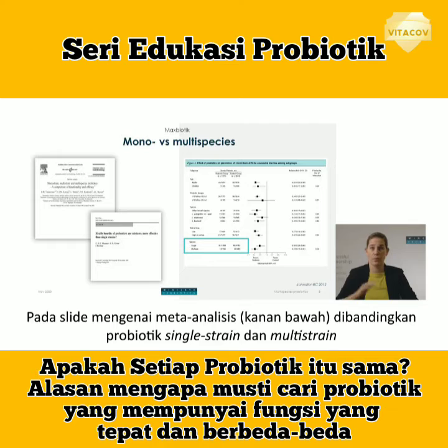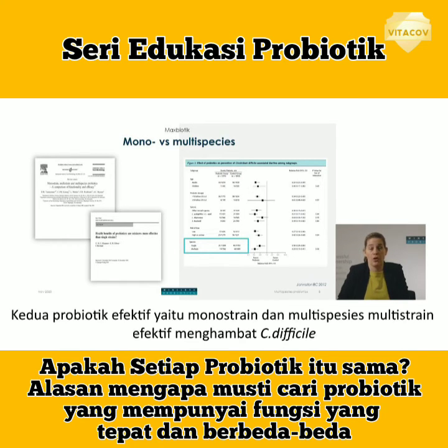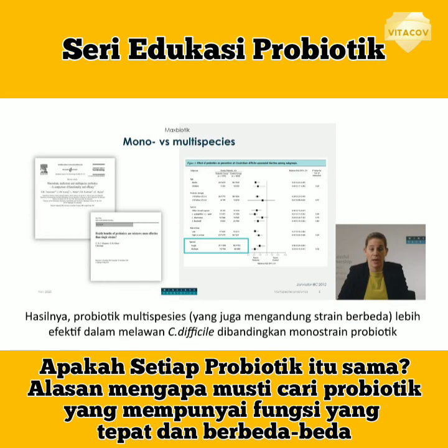I'd like to take you to the bottom of the slide, because in this specific meta-analysis they made a distinction between single-strain probiotics and multi-strain probiotics. So probiotics that contain only one strain are monostrain probiotics, and probiotics that contain several strains are multi-species probiotics. As you can clearly see, both types of probiotics are effective against Clostridium difficile associated diarrhea. However, you can clearly see that the multi-species probiotics are more effective than the